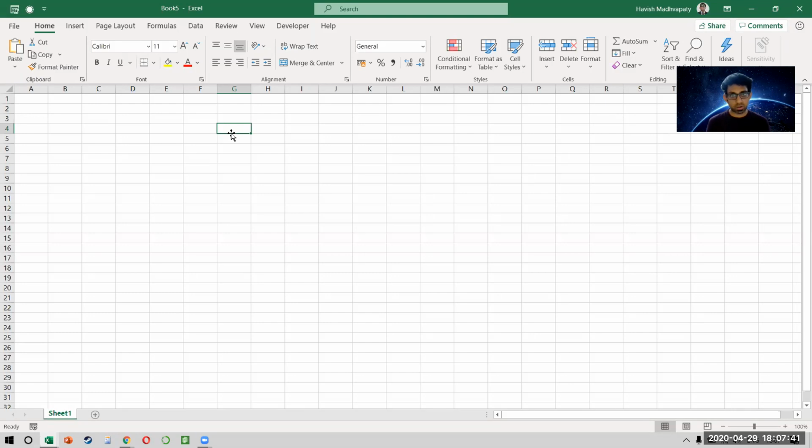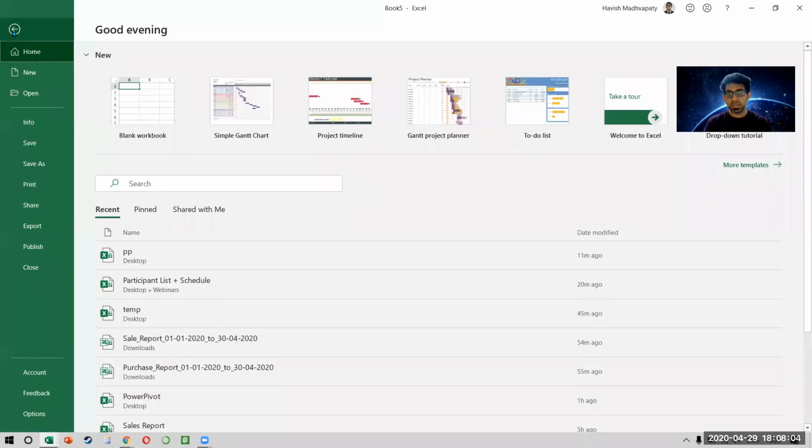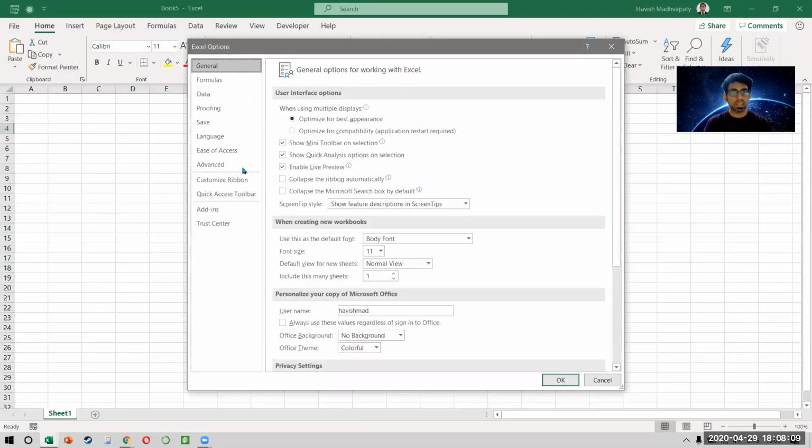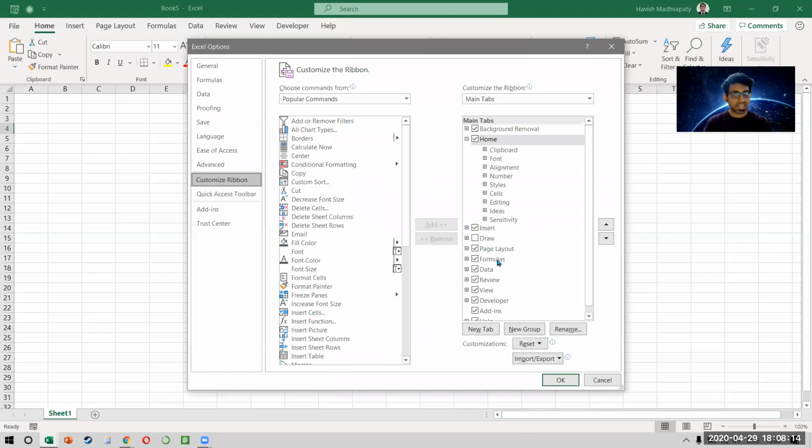Whichever version of Excel you're working on, whether it is 2000, 2003, 6, 10, 13, 16, 19, Office 365, Microsoft 365 now, it doesn't matter. Visual Basic has been there in every single version of Excel because that fundamentally is the programming backbone of how Excel works, right? How do you activate it? I've just opened a blank Excel file. We click on File and then Options at the very end. And then you notice there's an option called Customize Ribbon. And on the right side, there is a Developer tab, this one.